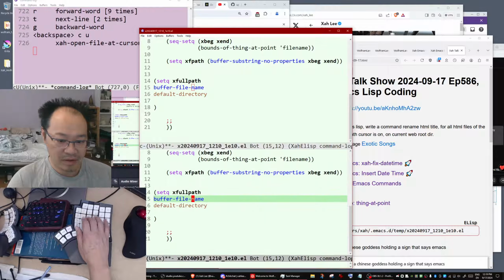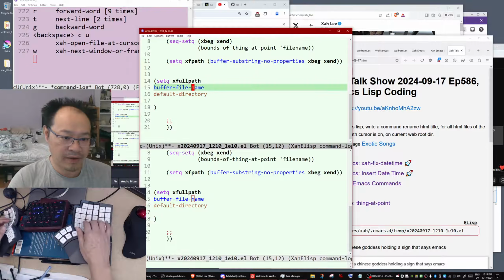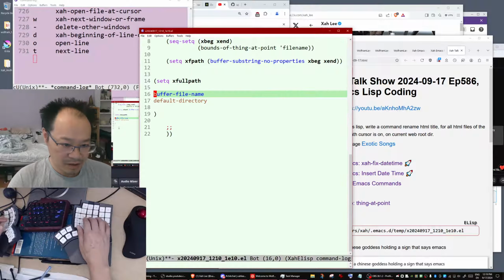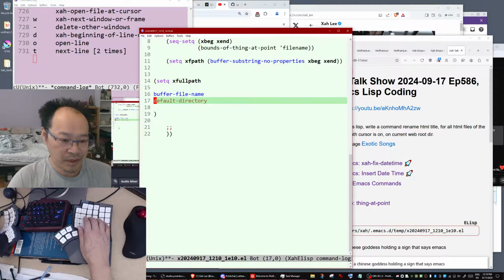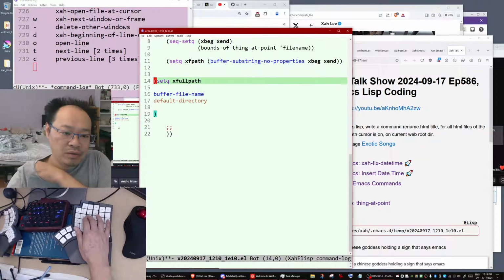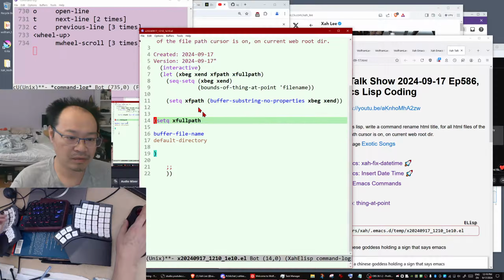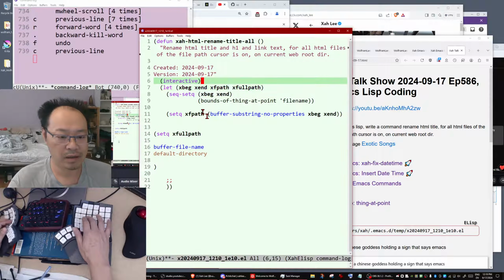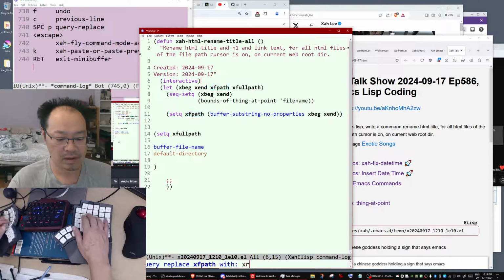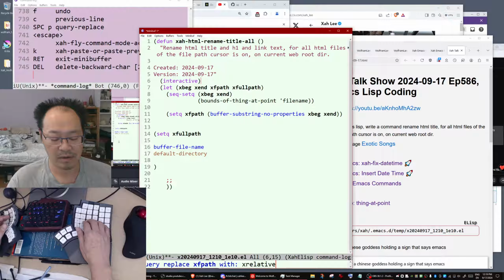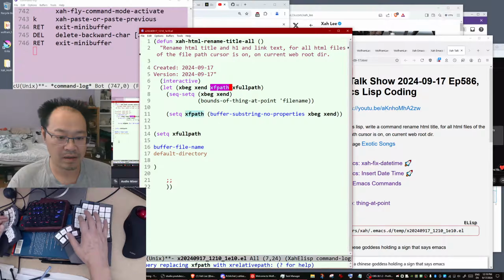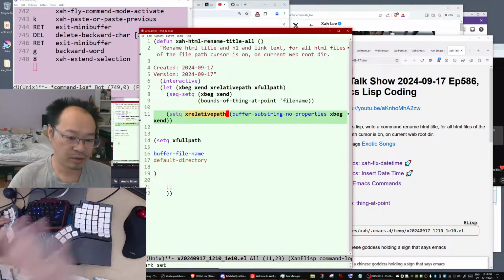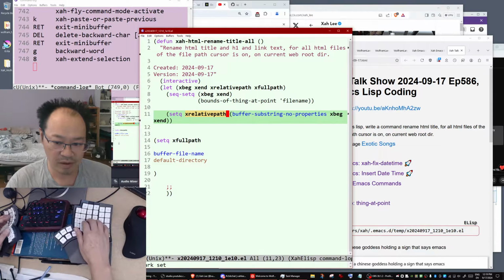So we got the current file, and we got the parent directory. You want the relative path, so let's rename this to relative path. You want to turn the relative path to a full path.